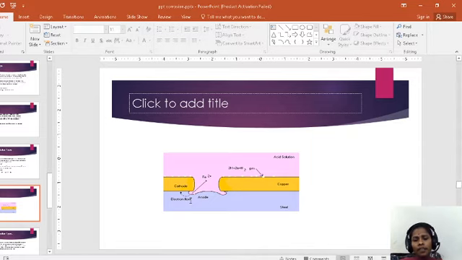So this is the diagram for evolution of hydrogen. In evolution of hydrogen, see here, this is the anodic part and this is the cathodic part. The anodic part is very small, whereas the cathodic part is very large here.